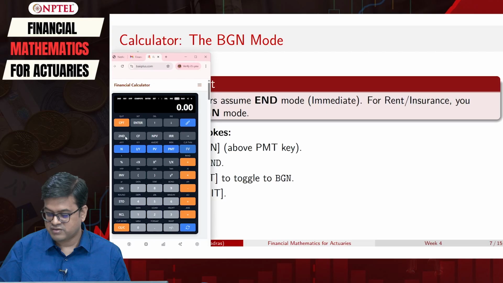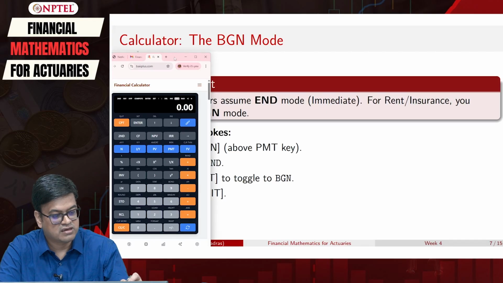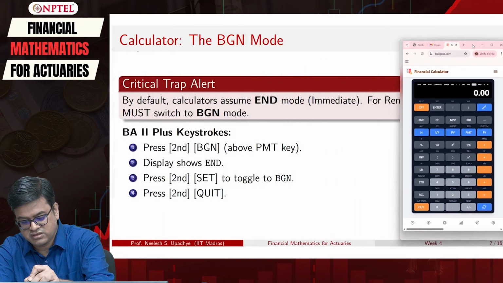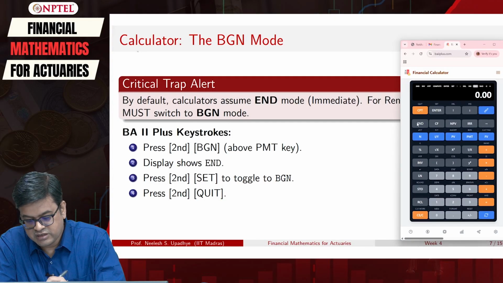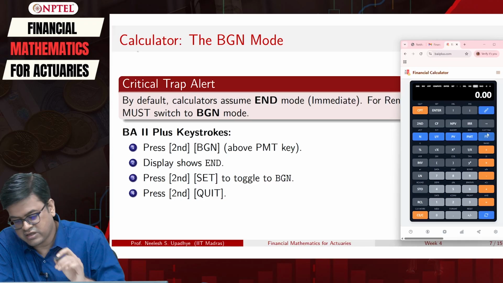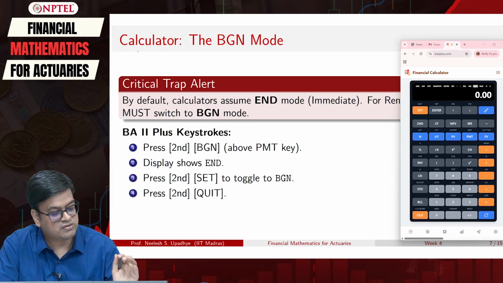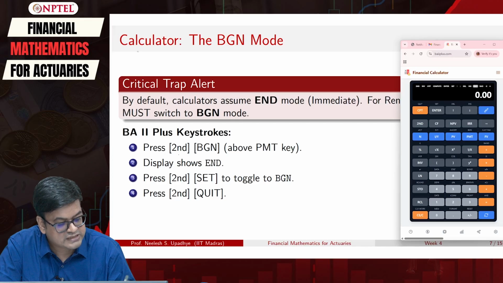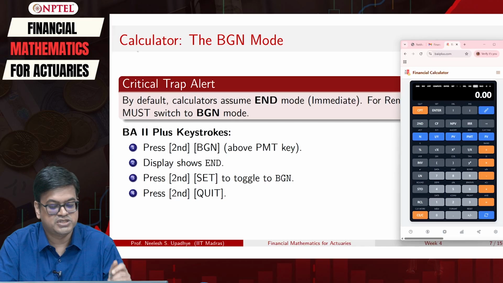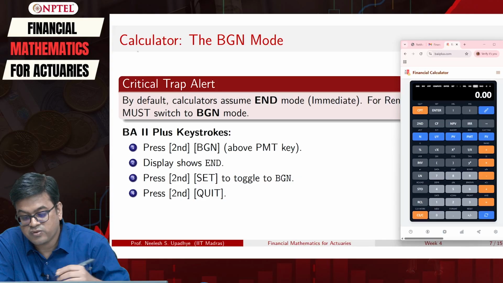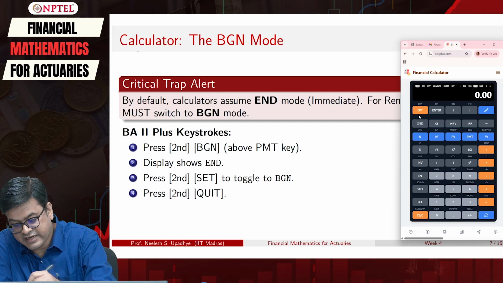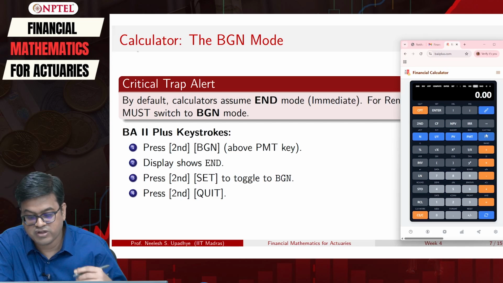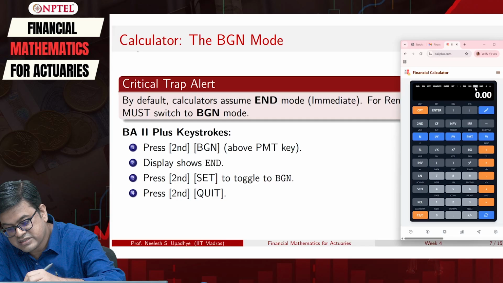So, let me bring this calculator to the other end so that these instructions are visible. Okay. So, as usual, you just clear all the work that is required. Now, the first instruction says press second BGN, right. So, right now where are we? That is what we need to first figure out. As I have done second clear TVM, I have already reset, and here if you look at this particular part, it is mentioning end, right.